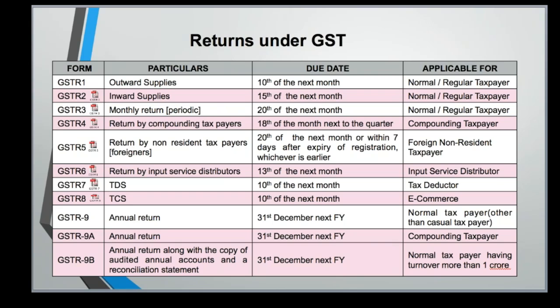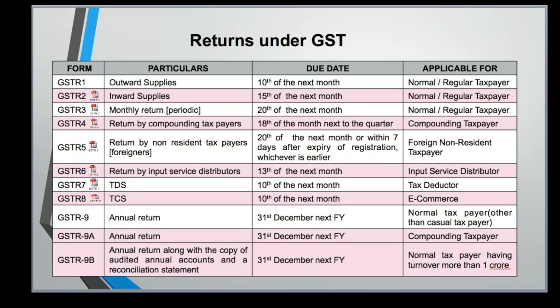But if it comes after 6 months, if the job worker is registered, he has to charge GST, and the principal will take the credit of the same. If the job worker is not registered, then the principal has to reverse the ITC on the goods which he had sent to the job worker, and when he further sells the same, he cannot take the credit, so it becomes a cost for the principal. So transitional provisions for job worker are also very simple in that regard.